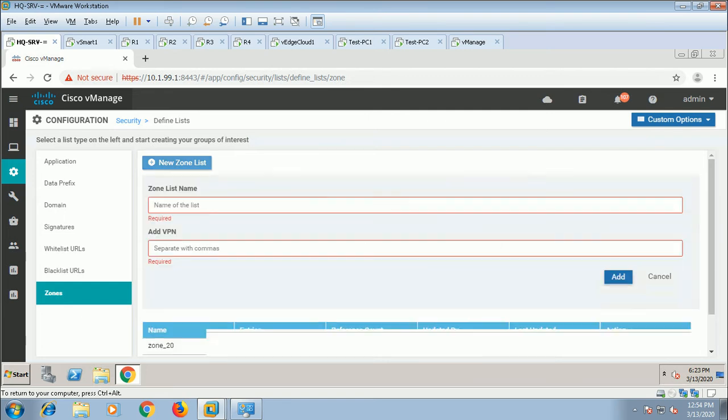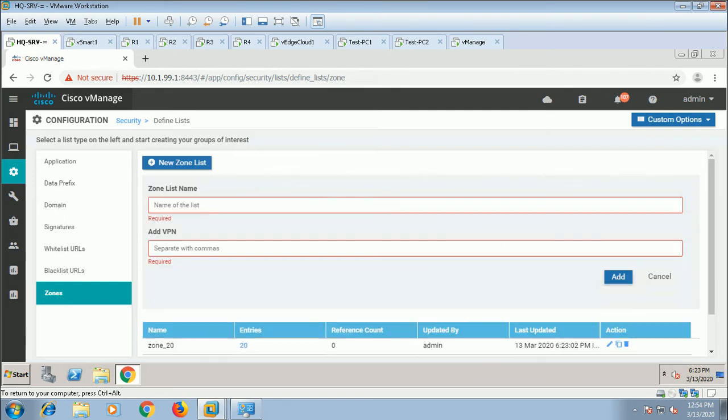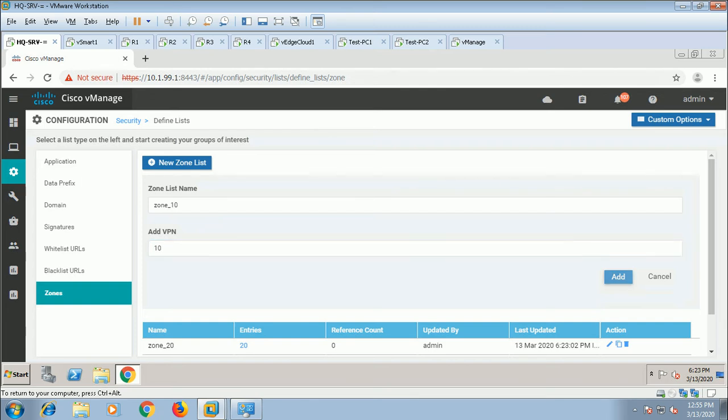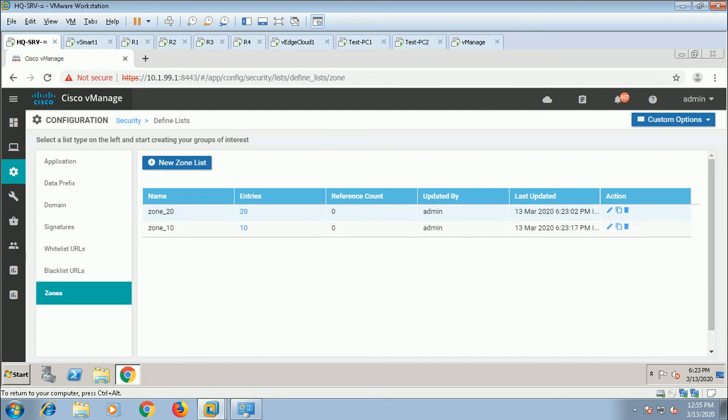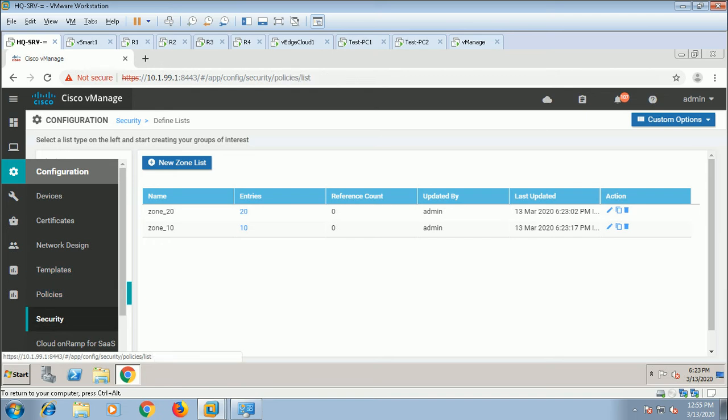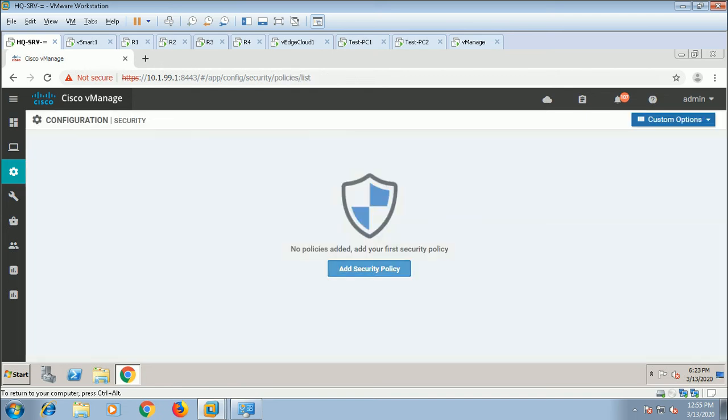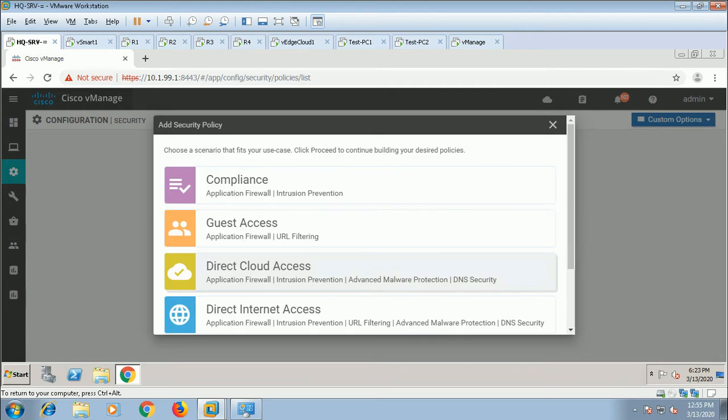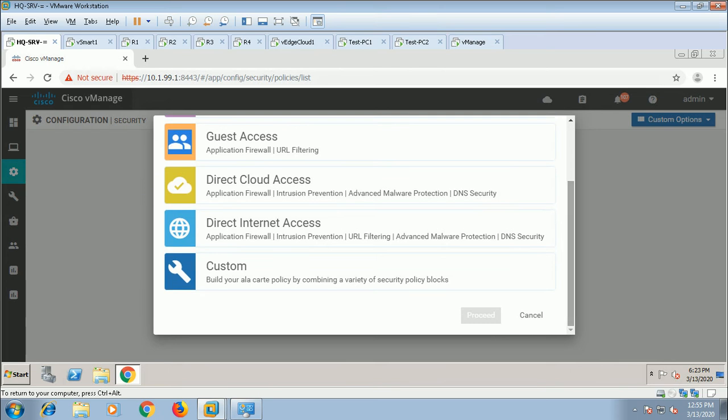Then I'll make second zone 10. Within a zone you may have more than one VPN. So here we are making separate list with independent VPN ID. Once you do this, now you have to follow the wizard security, add security policy. This is all tools, and here we go for custom tools,